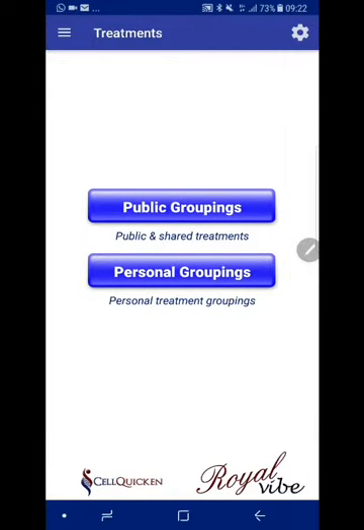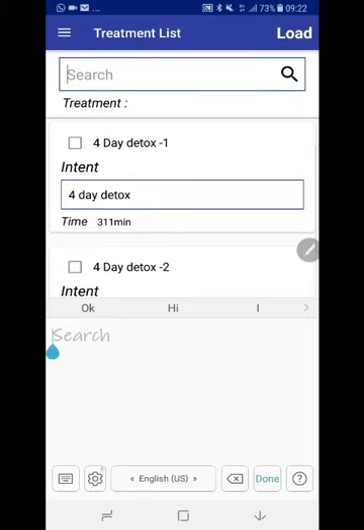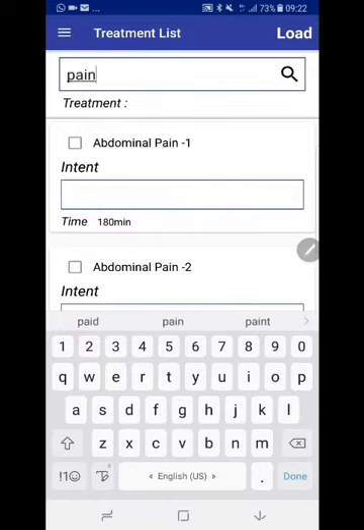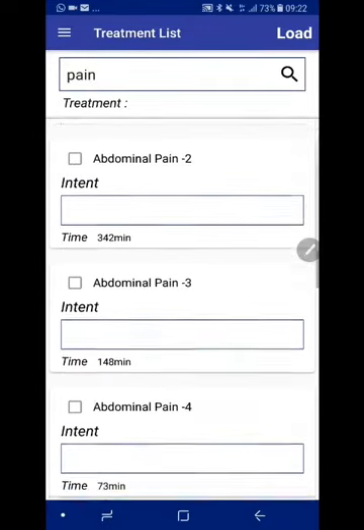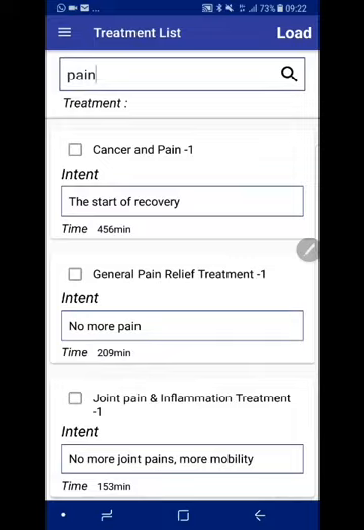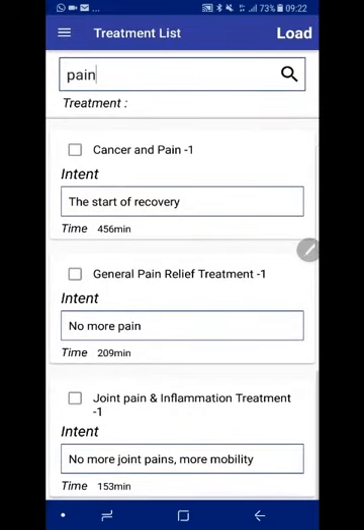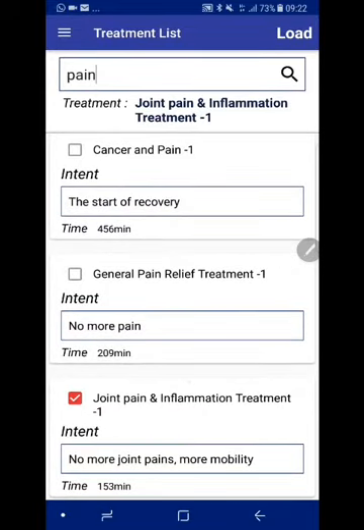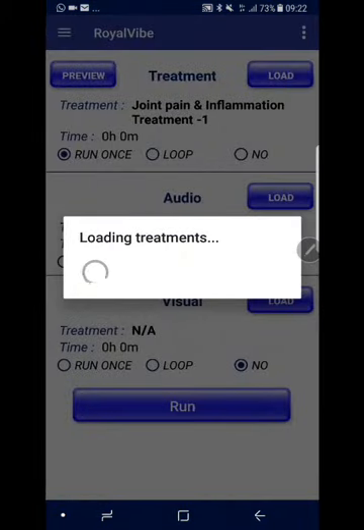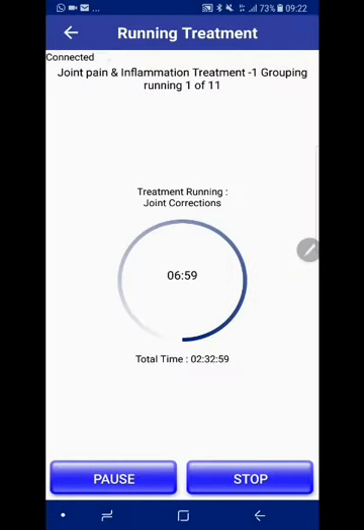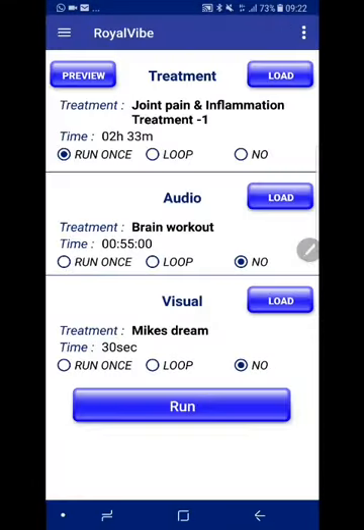So let's do a public treatment, and we say we would like to go to public treatment, and we'd like to identify pain, for example. All I'm doing is clicking the search button, and we go to pain. Now you'll see that the pain is automatically loaded, everything that has to do with pain in the public treatment. So let's say it's going to be joint pain, and there we go, joint pain. We click on the joint pain, and once again, top right, it is the load. Loaded, and you say run. So it will take its time to connect. You'll see that it connects, and now it's busy running. I'll stop it, and that is how you run a